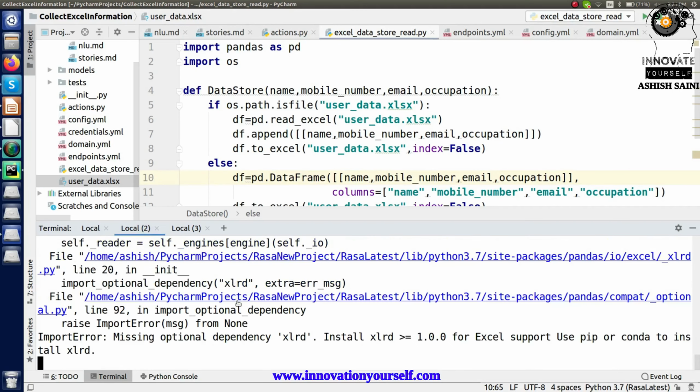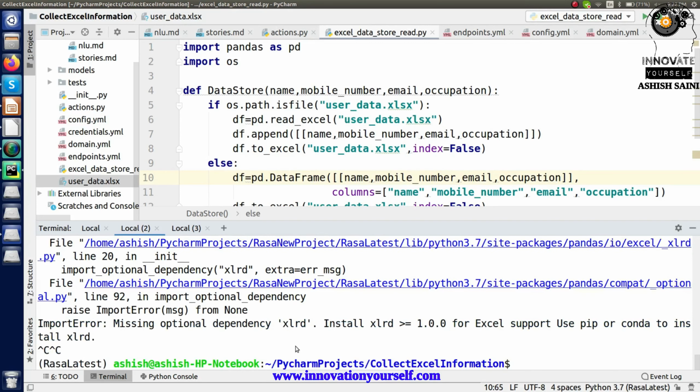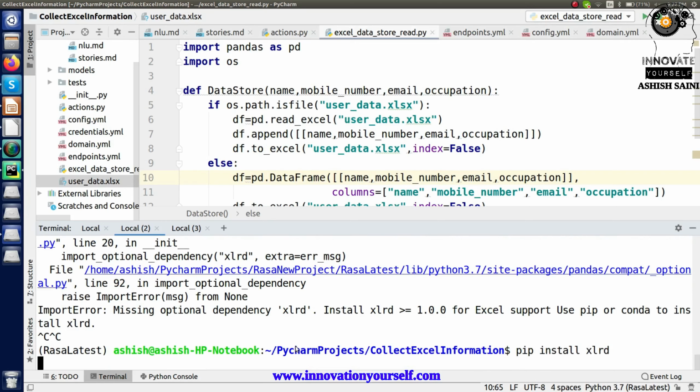Okay, again got an error, something is missing. Alright, got it. If you get an error like this, that means you forgot to install XLRD. You just have to copy this and install it with pip install like this.